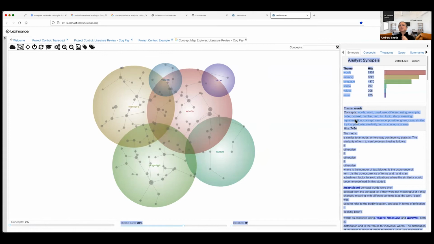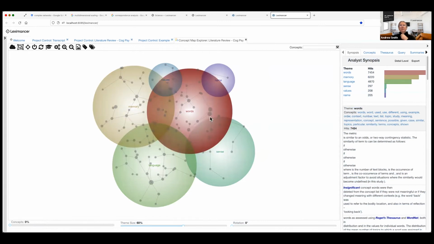Now, you might wonder what these colored words are. They are purporting to be theme names, and each of these bubbles is called a theme in Leximancer. What they actually are is clusters of concepts, and it's a hierarchical cluster too.